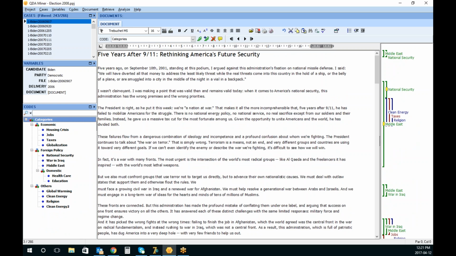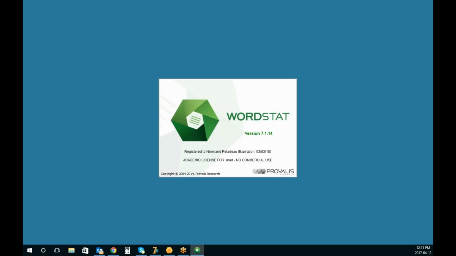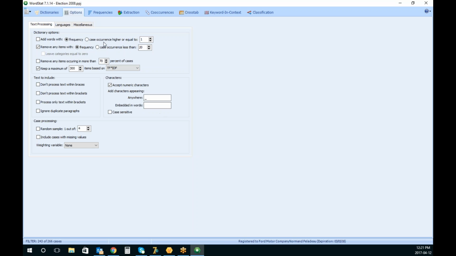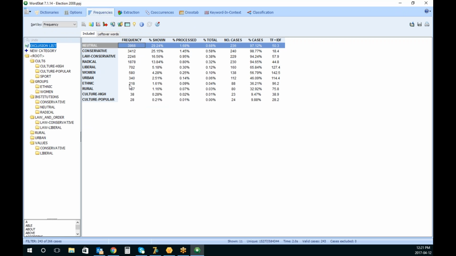Another way to integrate that, and I will do two kinds of analysis here. I will use this dictionary, but rather than coding that, I will save my settings. So here I have a dictionary that measured those different items. I will go up to the second level, and I will set some options here. And if I apply some frequency, what I can do is save to disk my categorization model. My categorization model is actually my dictionary, and if I have a dictionary that categorizes that,